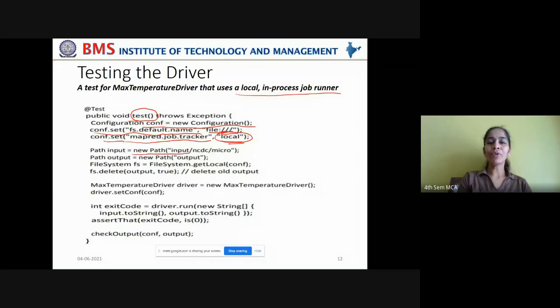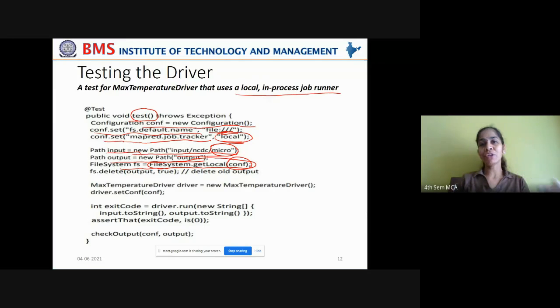Now we are taking the input file path from which the data has to be read. Now we are taking the input NCDC data from a microfile. What kind of data does this microfile have? Some part of the data that is fetched from the main data set in order to work at a smaller scale. Okay, a small part of data is taken. That is given as the input file, and you're also giving the output file path to which the result has to be written. And you are also creating the file system object which gets the local configuration of that file system. Okay, that is the use of configuration.